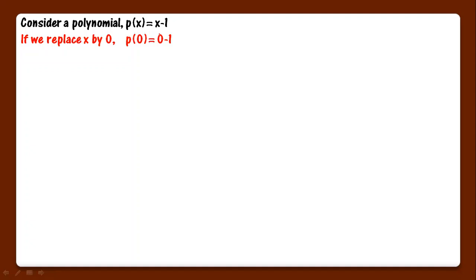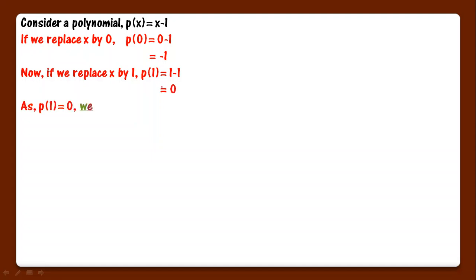If we replace x by 0, which means p(0) is equal to 0 minus 1, we put 0 in place of x. Our answer will be minus 1. Now, if we replace x by 1, p(1) is equal to 1 minus 1, which is equal to 0. What we can say now is, as p(1) is equal to 0, we say that 1 is a 0 of the